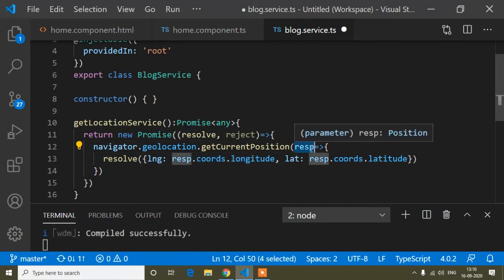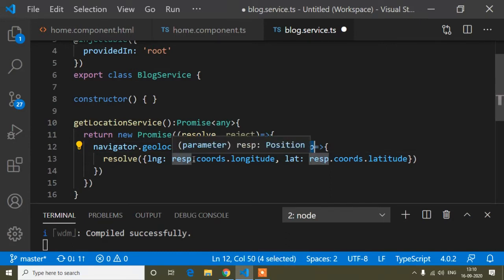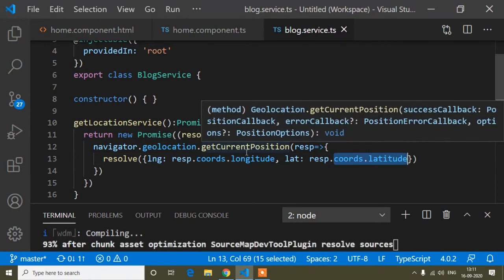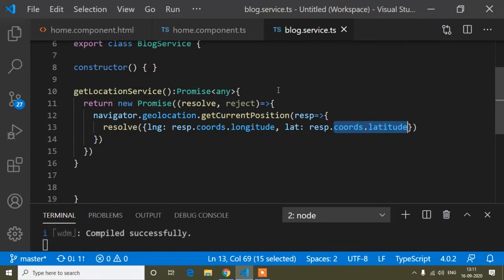Response means this response, and inside this response parameter I will get this coords.longitude. So this is the code to get longitude and this is the code to get latitude. So this function is now done.